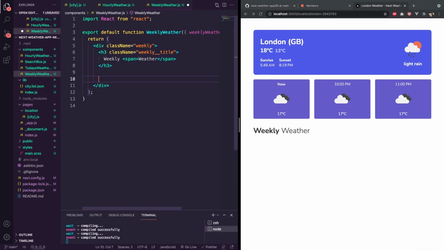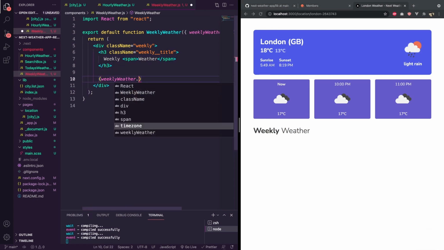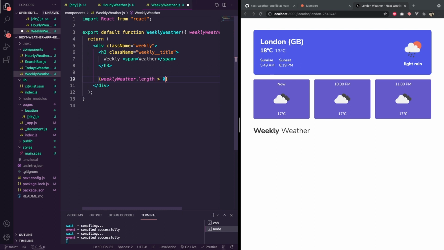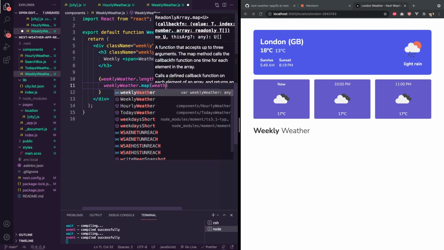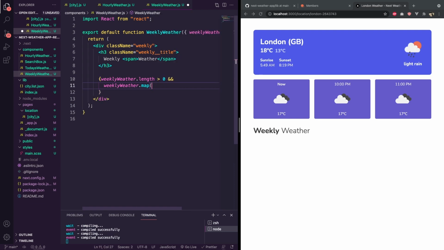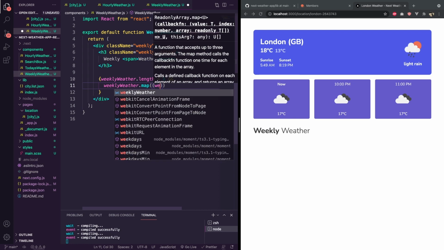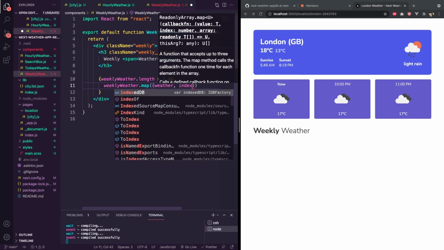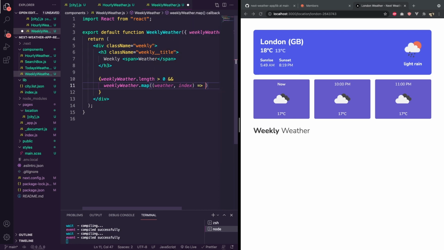And then we're going to do some checks again to check that weekly weather.length is more than 0. So we have results. And then, if there is results, we're going to map through the weekly weather. So again, I'm going to pass through weather and the index. And we normally were making rounded brackets, but this time we're going to make square brackets